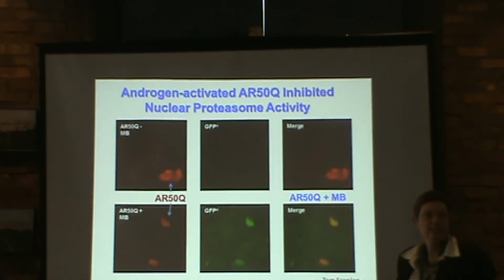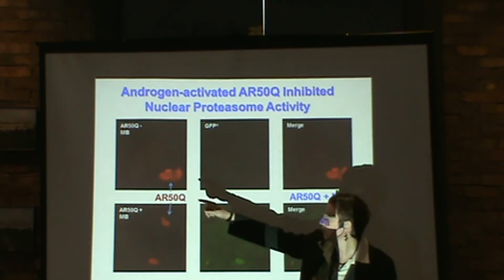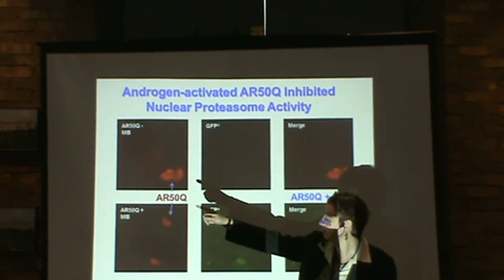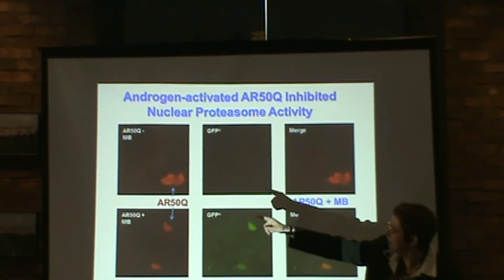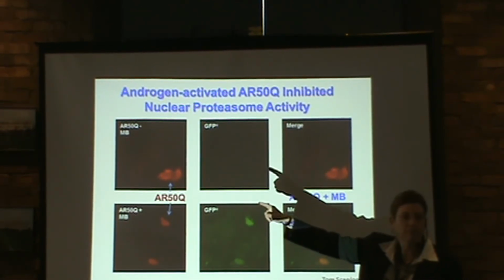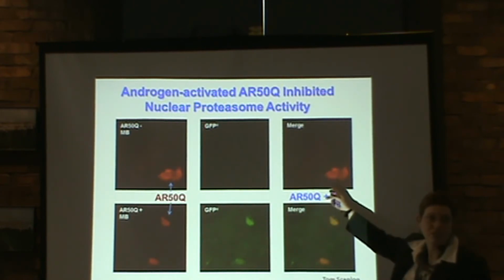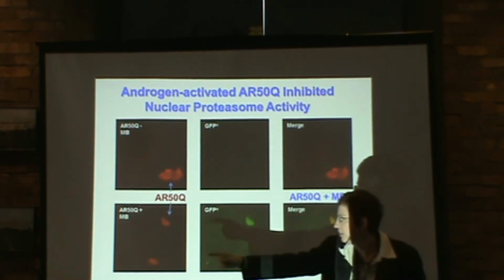Now, with the androgen receptor with more glutamines, in the absence of the hormone, it's in the nucleus, or not quite in the nucleus, you don't see much green fluorescent protein, and when it's merged, it's still red. When you add the hormone,